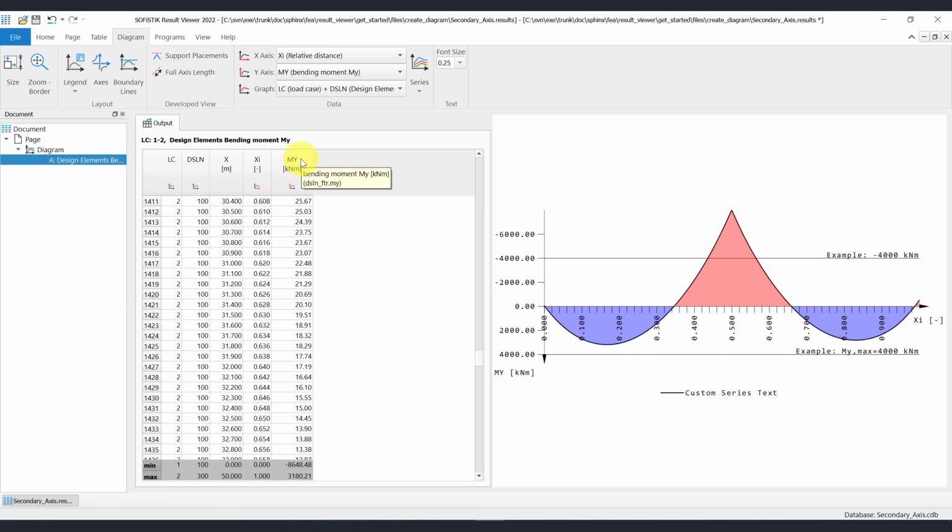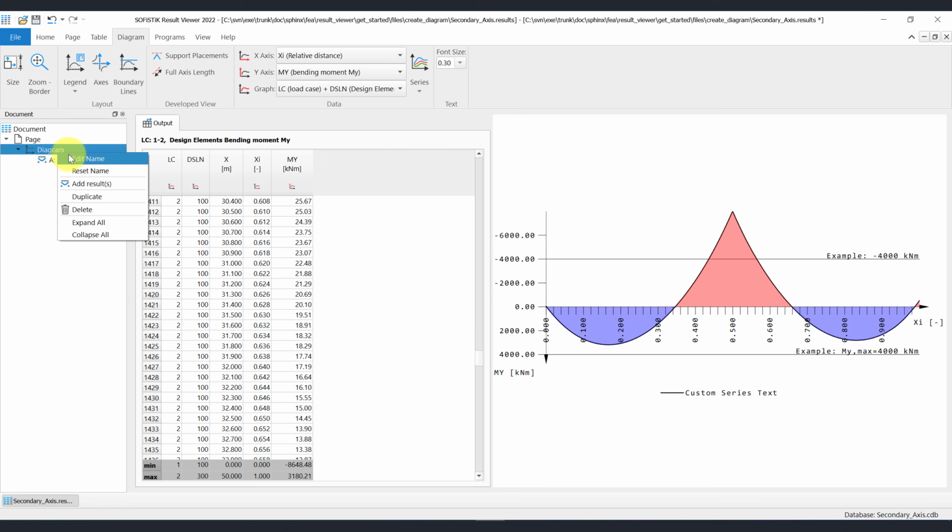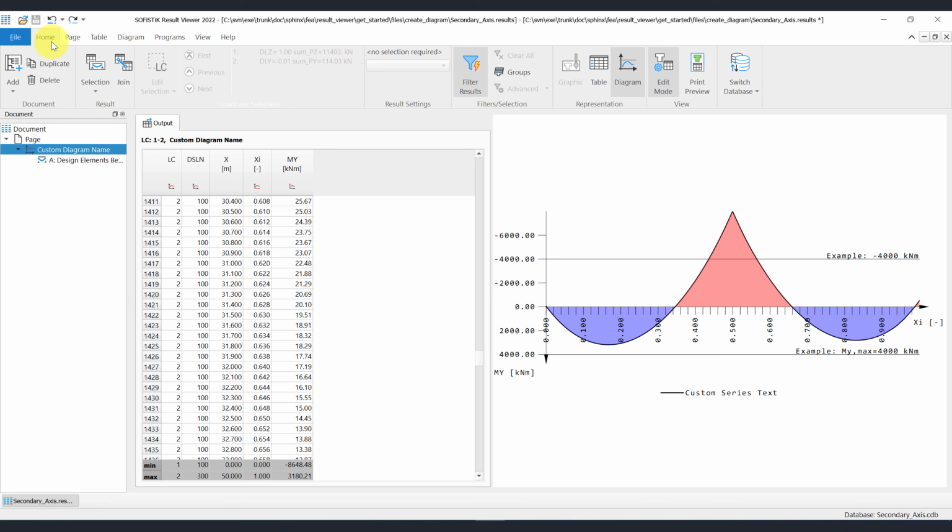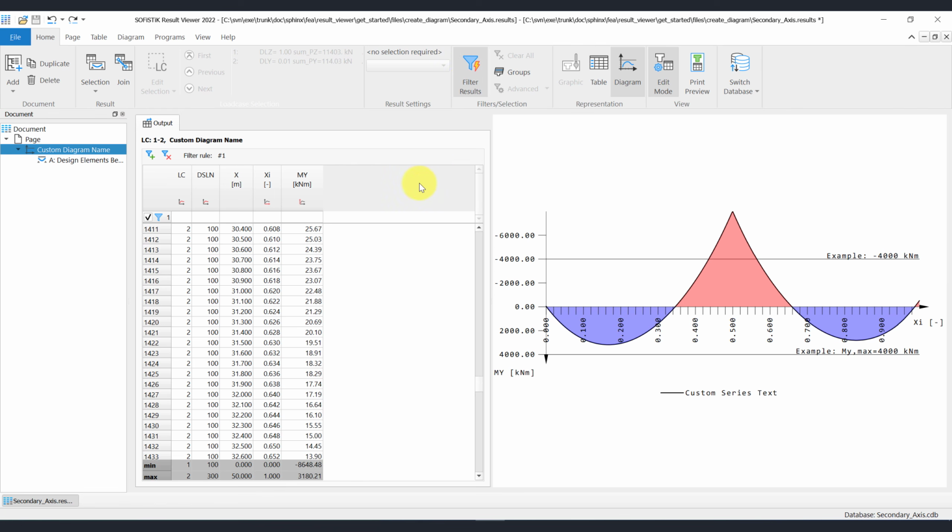Lastly, if you want to modify the font size of the diagram, then you can do it via the editable combo box. The name of the diagram can be changed via the document tree. Important to note as well is that you can additionally use filters on the source table. Just activate the quick filter and you can start with the filtering. If you click on the button Print Preview, then you will see how the diagram will be exported to the PLB file.